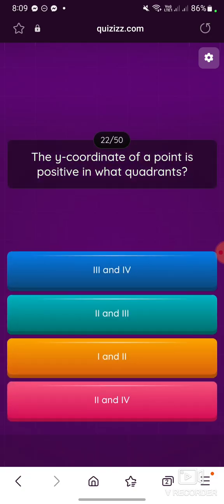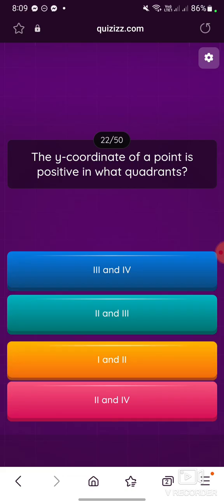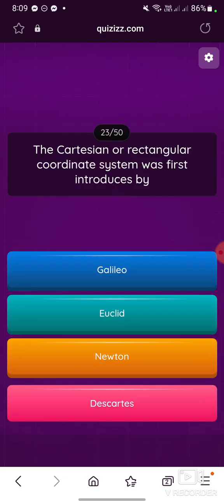The y-coordinate of a point is positive in what quadrants? The Cartesian or rectangular coordinate system was first introduced by